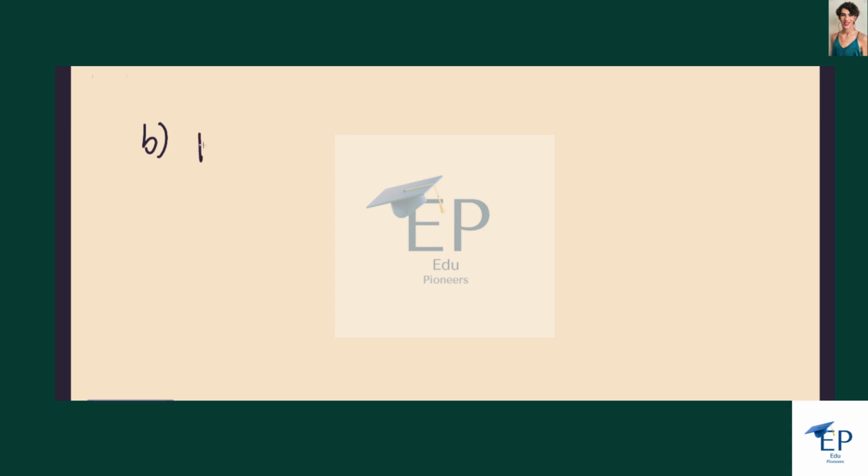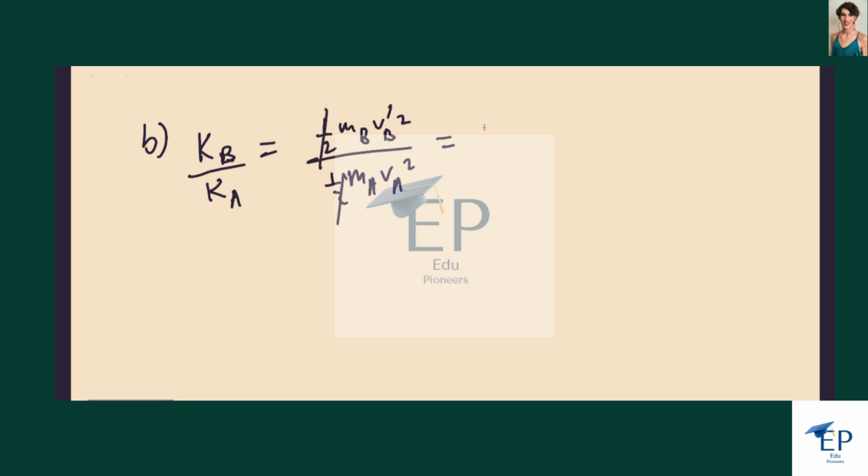So we just take a ratio, actually. Take a ratio of ball B to ball A. And so for ball B, you have 1/2 MB VB squared, obviously. Ball A, you have 1/2 MA VA squared. And so, VB prime squared. So the 1/2s cancel, and you have MB is 3 times MA, so that's 3 MA over